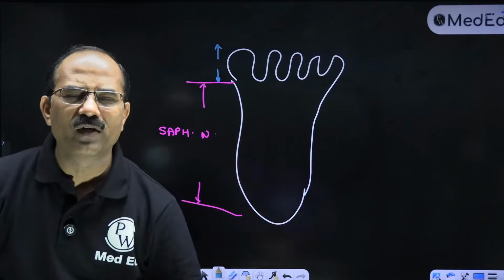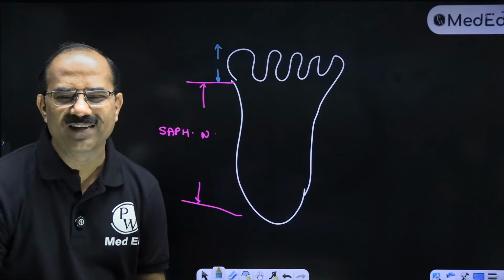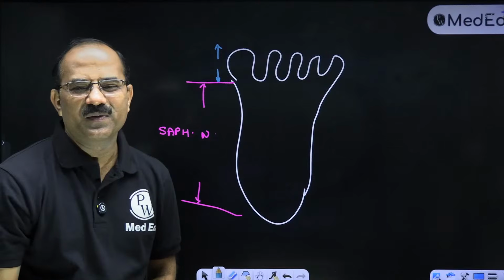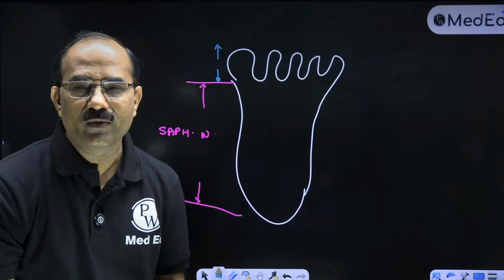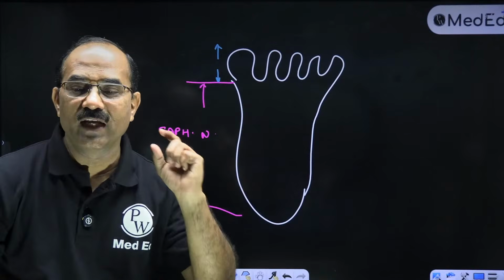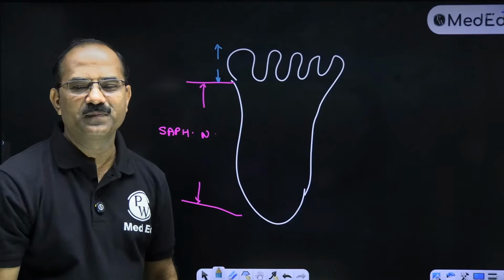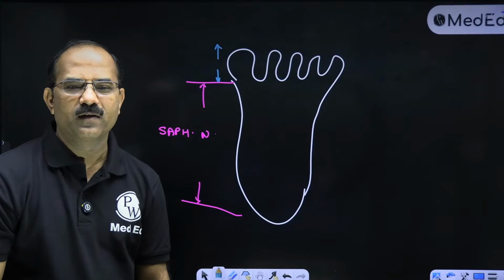A very important MCQ. Medial aspect of the great toe, ये MCQ आता है. Skin on the medial aspect of the great toe is supplied by,